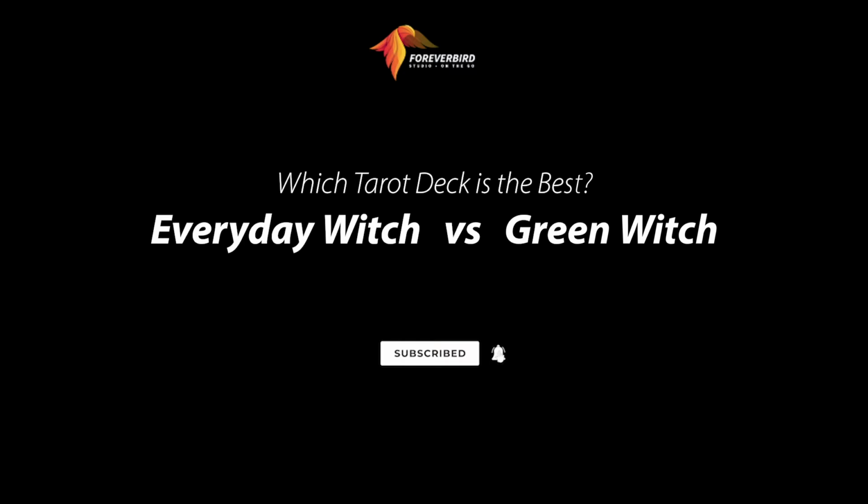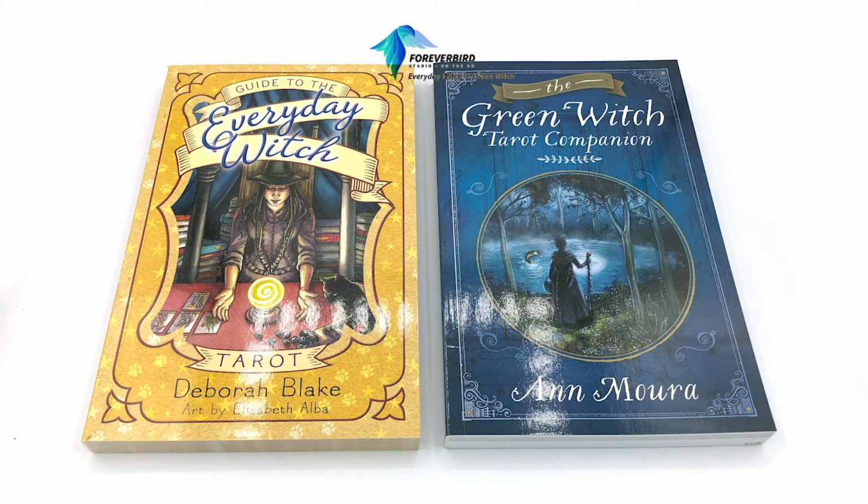Which tarot deck is best? Everyday Witch versus Green Witch. Alright, in this review we're going to talk about the author, artist, publisher, packaging, cards, artwork, and then a little final comparison. You might notice right off the bat with these two books next to each other they look very